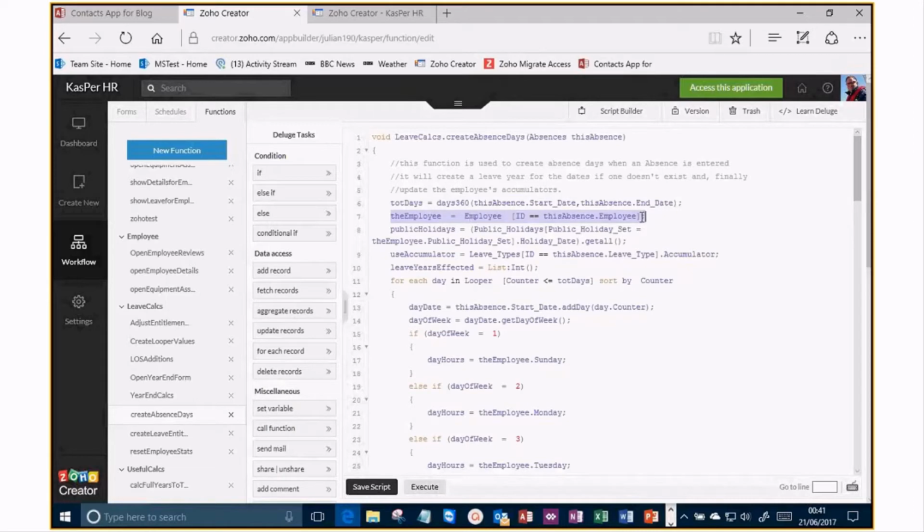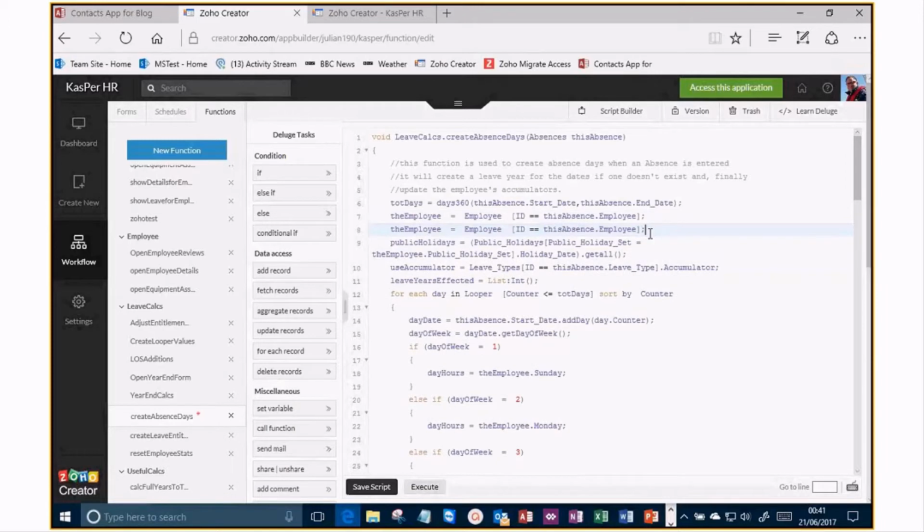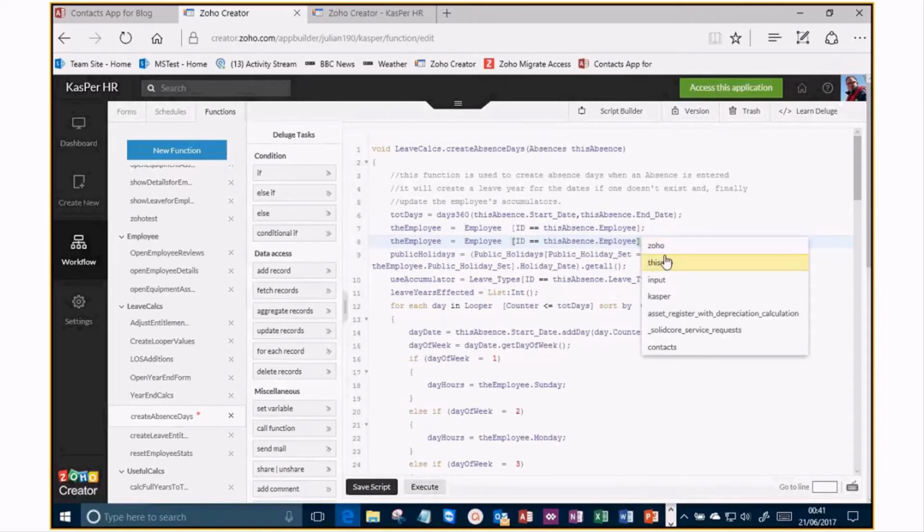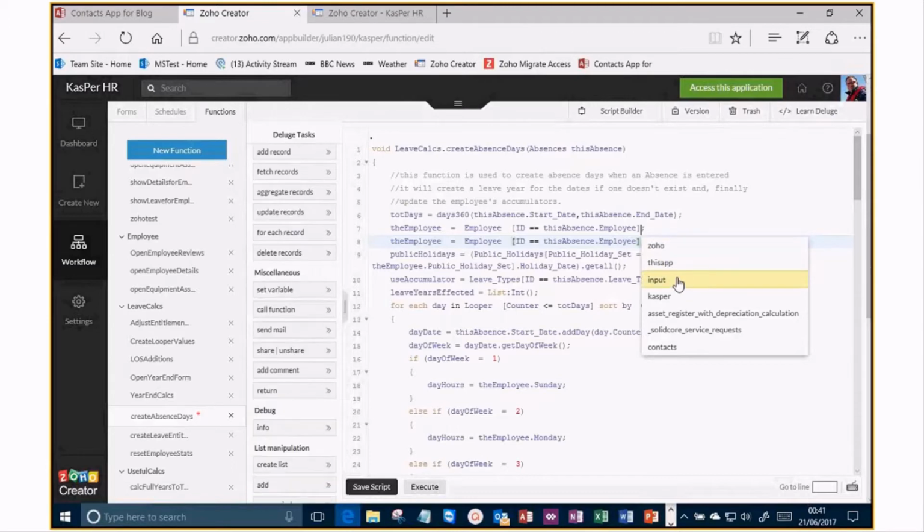If I wanted to, I could write a piece of code that said, look for a particular field in